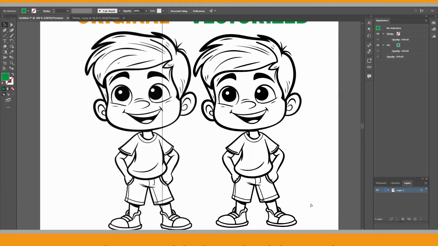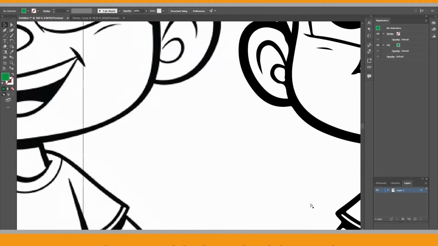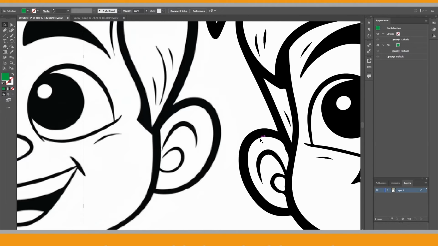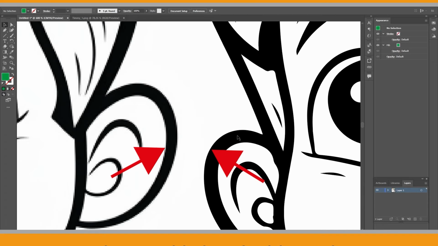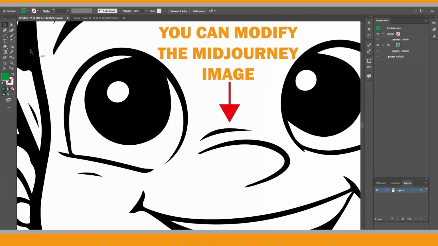As you can see, the original image on the left side appears blurry, while the vectorized image is sharp and has a professional appearance. If you use Adobe Illustrator to vectorize your images, you will be able to modify them as well, ensuring perfection. That's why I recommend trying Adobe Illustrator for creating more professional, low or medium content books